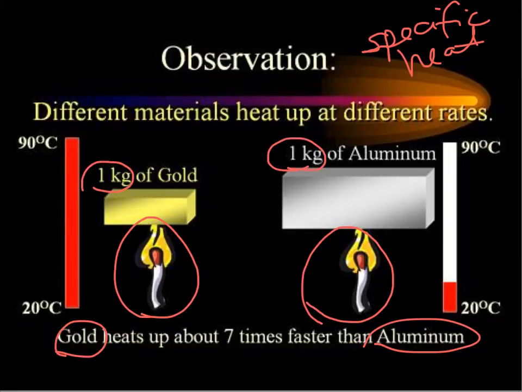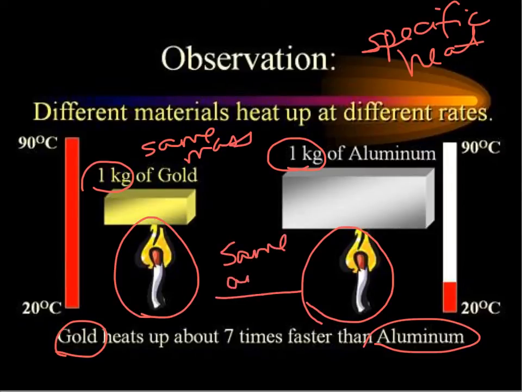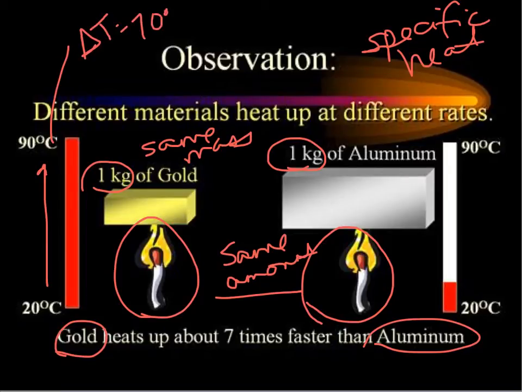Their densities are different, that's why they look different sizes, but the same mass and the same amount of heat, gold will increase by, call that the delta T, or change in temperature, 70 degrees Celsius, whereas aluminum change in temperature will only increase by,